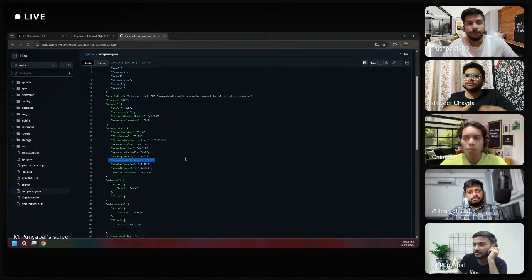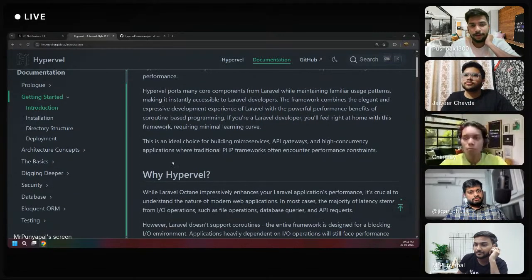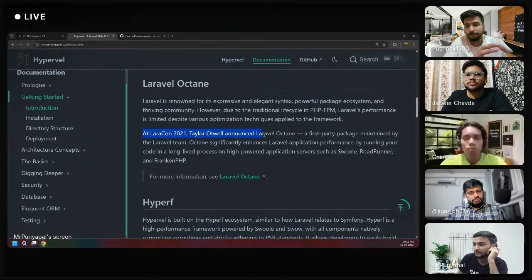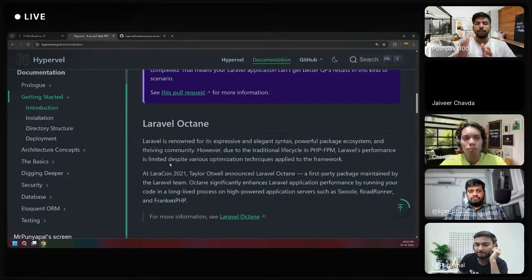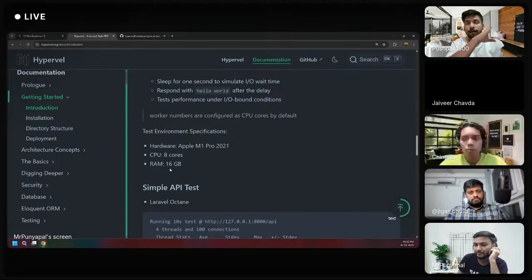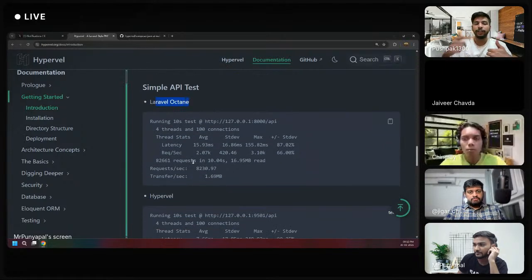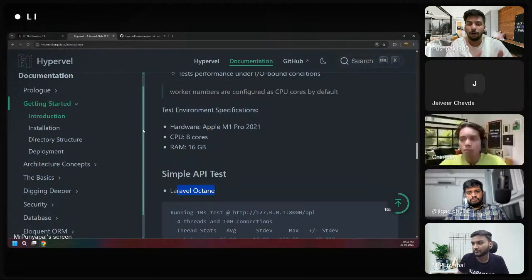No material storage is there. If you just open the docs, we can read this also, but if you just scroll down, Laravel Octane is there, but Laravel Octane is not a true async. Coroutine support is still not for all the requests. They are not shared between all the requests. It's only limited to one request. Even with Laravel Octane, there was one issue opened on the Laravel Octane repo asking whether there is a way to extend this functionality so that all the requests handled by Laravel Octane can share the same coroutine. And I don't think that was possible, though. There was some limitation in how Octane is underlyingly